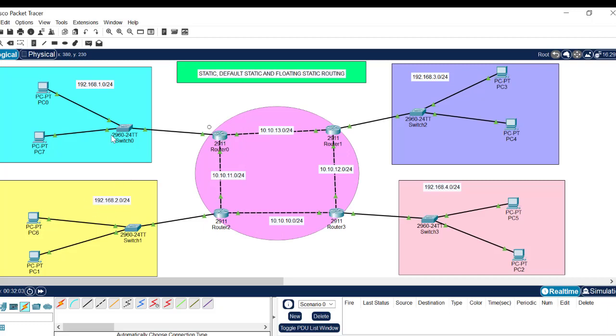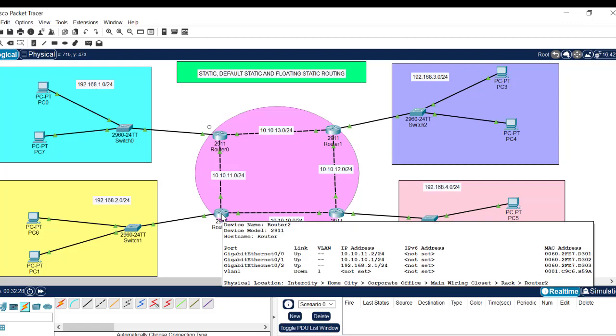So even if you try to ping now, they will not communicate, because this router itself doesn't know that this one is in the topology, although this one has known that this network is in the topology. But this router here doesn't know that this network is in the topology, because we have not advertised it here. So let's go here and advertise